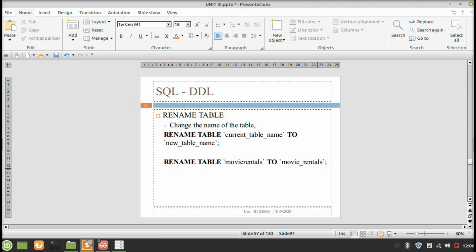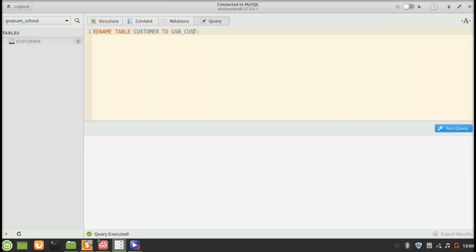So the database management system will change the name of the table from movie rentals to movie underscore rentals. For renaming the table customer into GSB underscore CUST, I can give rename table customer to GSB underscore CUST. If I run the query, the customer is renamed to GSB underscore CUST.